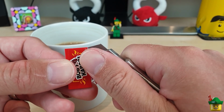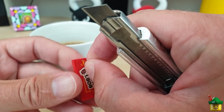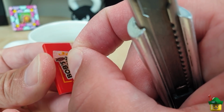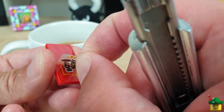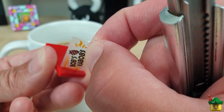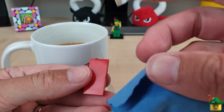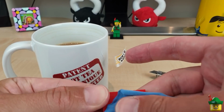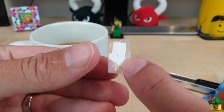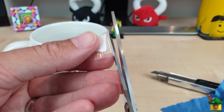Now, clear stickers are always the worst, just because they will show any muck underneath them a lot more readily. So if you have got a clear sticker and it's almost perfect, I probably would leave it where it was rather than fiddle with it and make it look a little bit worse. So I'm going to clean this piece in a minute properly, because I want to show you what I'm going to do with this. I'm going to look at it from underneath, and I'm going to apply my scissors to